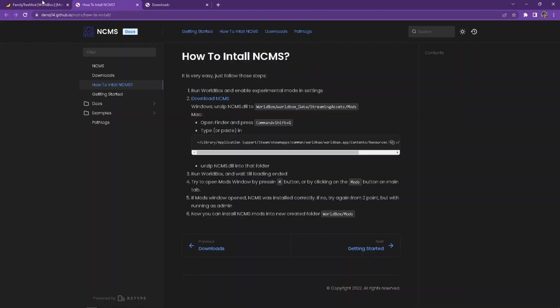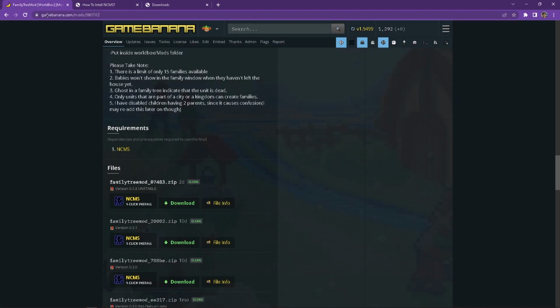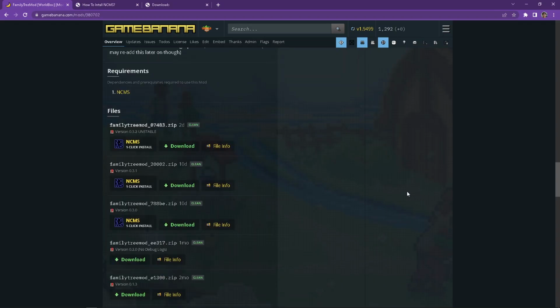So let's go back to the family tree mod page, and then we will finally install the mod files. For installing the family tree mod, there are two ways: the NCMS one-click install or manually downloading the mod. I prefer you to use the NCMS one-click install, because it will basically do everything for you, and all you need to do is click some stuff. So we just click this